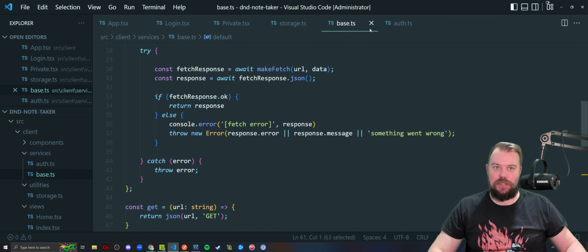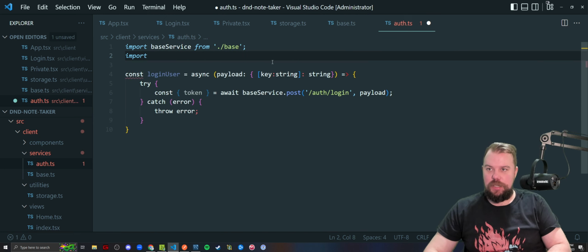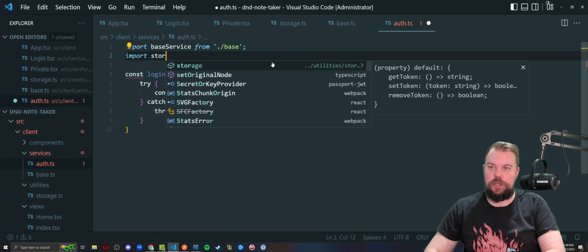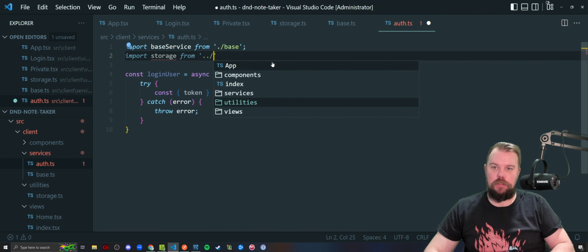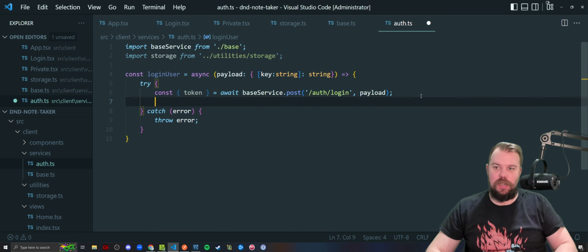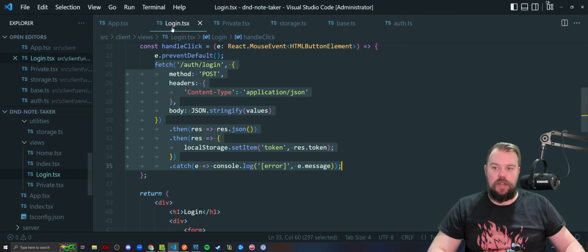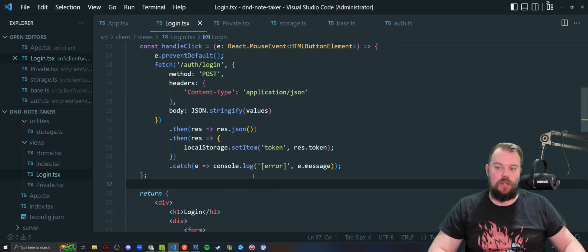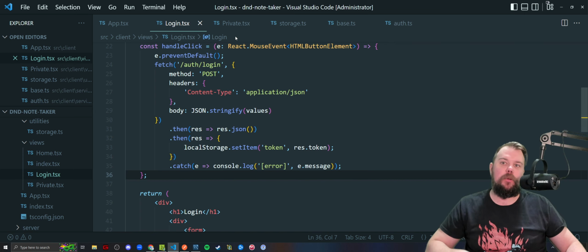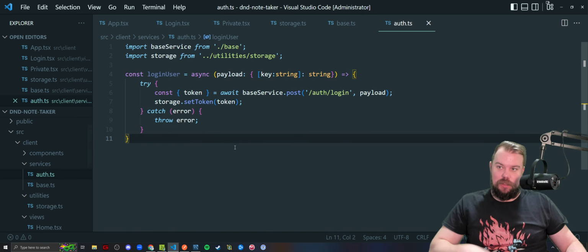So now I need to import this into my auth to say, I called it storage. So we're going to call it storage from up1 utilities storage. And now I can say, hey, storage, set a token with whatever token I got from my successful login. If an error happens, and hopefully if a bad status code happens, then that should be handled from our base service, should throw an error, and the error will be thrown here, caught by this, and thrown up, which will trigger an error to be caught here and us to navigate and do something with, or just post a message, for example. Okay, so now that I have my auth login user ready to go,